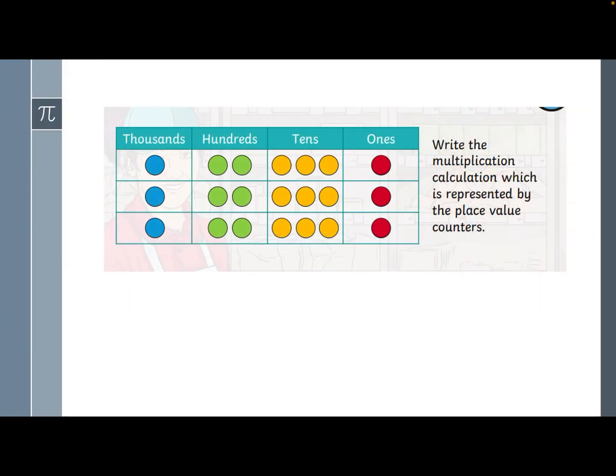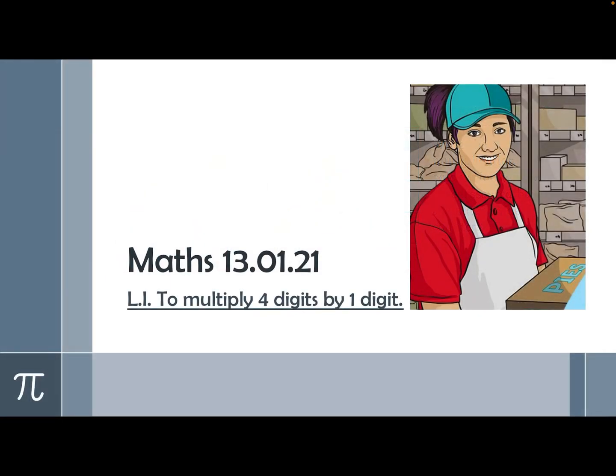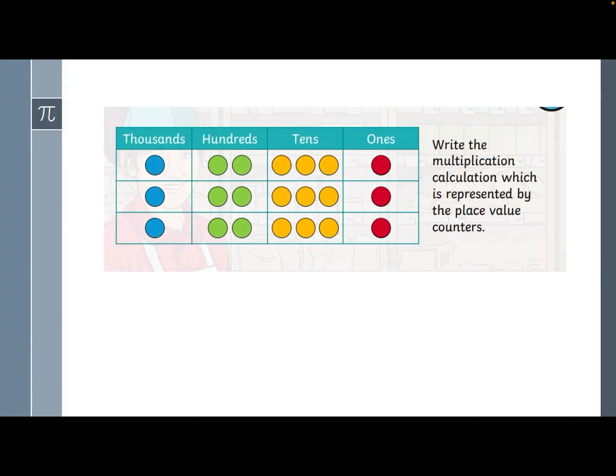So let's continue on. We have a place value grid here. What I want you to do is write the multiplication calculation which is represented by the place value counters. Pause the video, have a go. So if we can have a look, we've got these rows here. We've got a row here, row here, row here. Rows are all the same. So I'm just going to take this